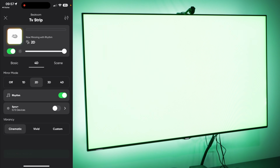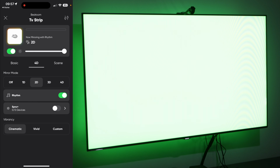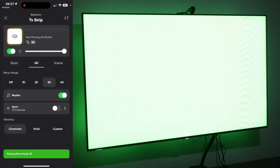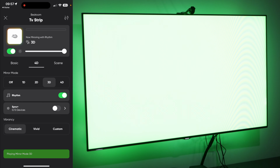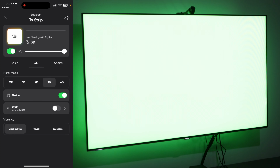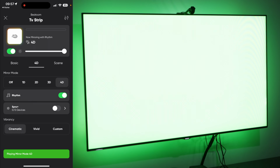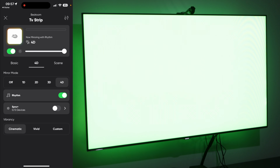If I hit 2D mode, you'll see that now it's a little bit more in tune with the color on screen. So it's got the green, and it is sound reacting to the microphone, my voice there. If I go 3D, now it's being a little bit different. So again, it's audio reactive, and it is tuned to the color that's on screen, and it's just projecting that on the background there. And if I go to 4D,